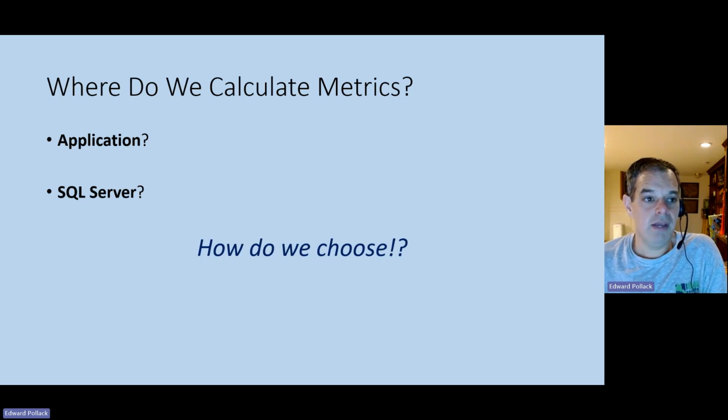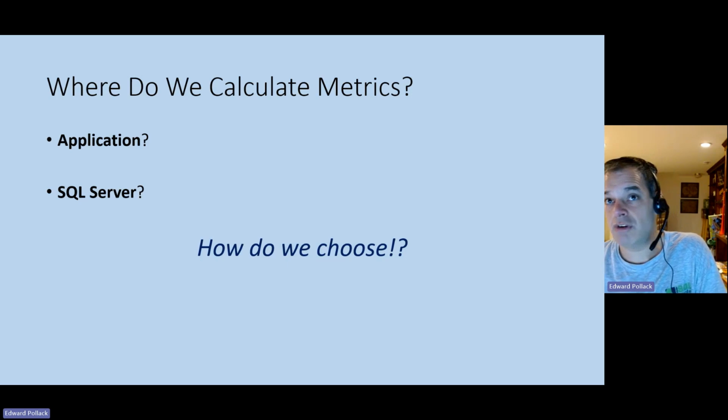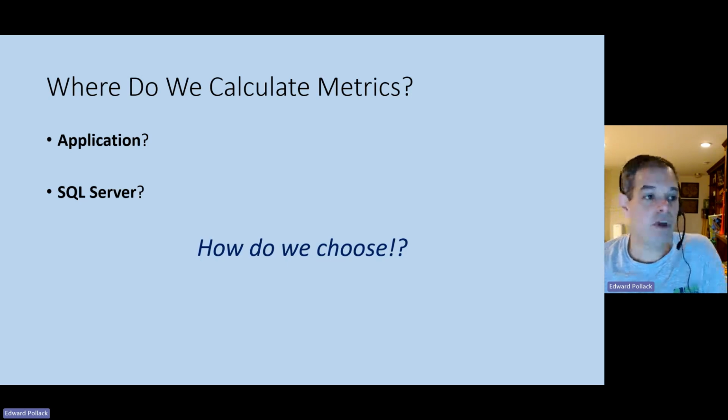Do you need it? If you need it, then it doesn't really matter that much where you calculate it. You can do it here or there, and it's really up to you. But if you don't need it, it might be better to calculate it in the SQL Server and deliver less data back to your app. That's a big difference. Or do what's more convenient. If it doesn't matter to you, if it doesn't make a difference, you can simply do what's more convenient for